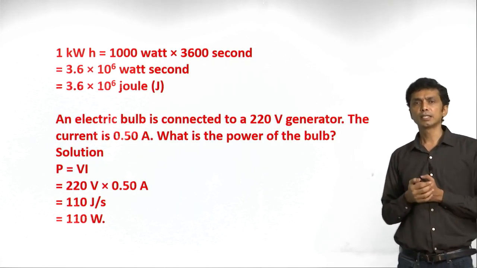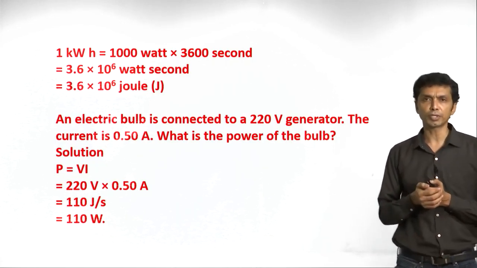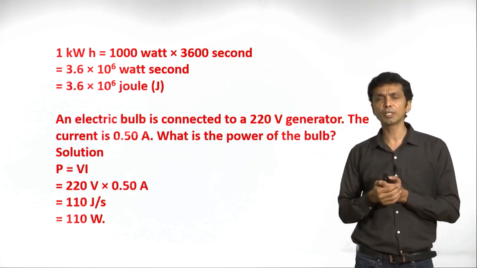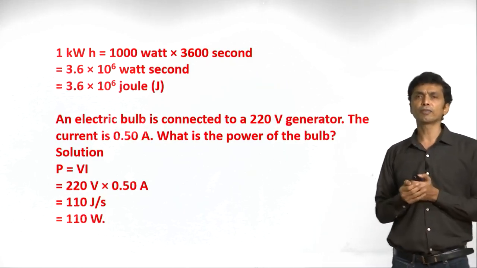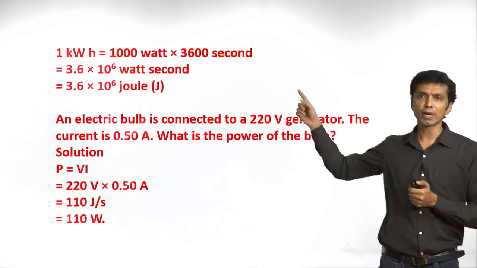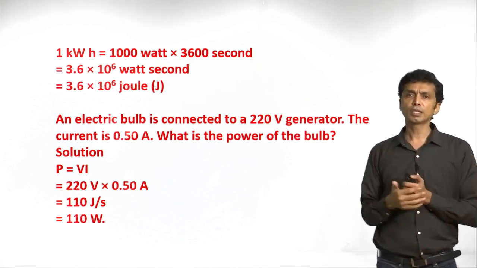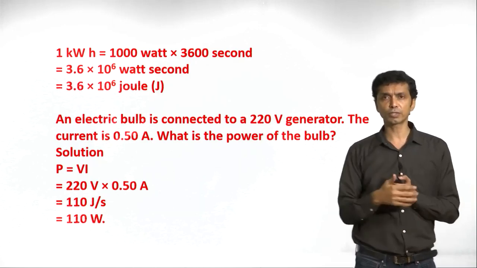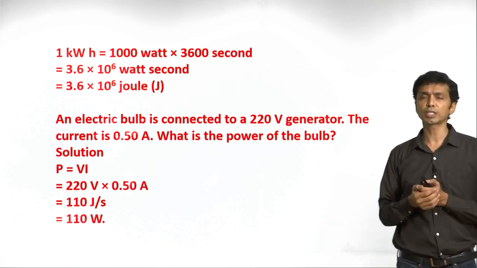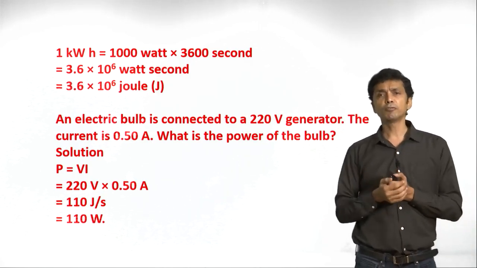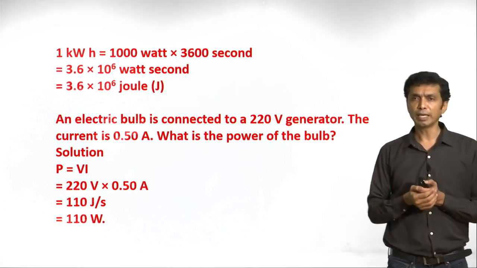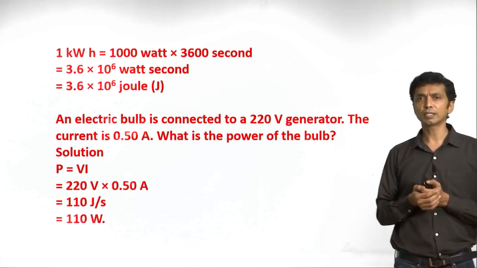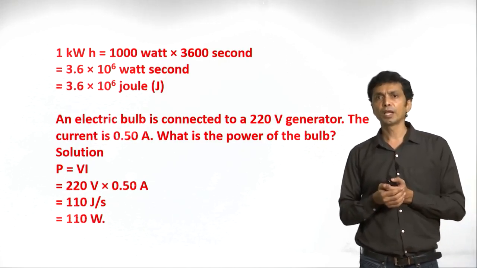Watt is a very small unit. So, we use the commercial unit kilowatt hour. What is this kilowatt hour? Kilo means 1000. So, 1000 watts of electric power, if it is used for 1 hour, 1 hour means 60 seconds into 60 minutes, 3600 seconds. So, it comes down to 3.6 into 10 power of 6 joules. So, this is a commercial unit. Based on this commercial unit, we get the power bill at our establishments or devices, wherever we use electric current. We need to pay the bill accordingly.